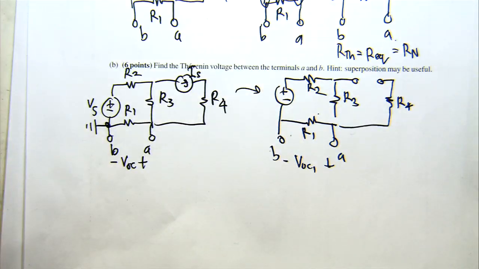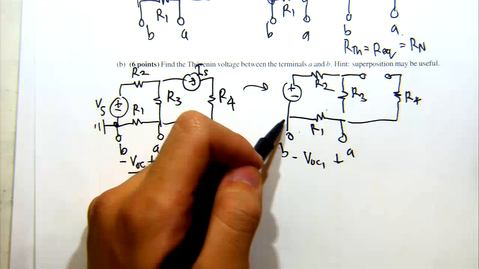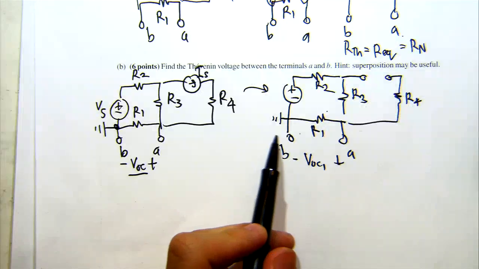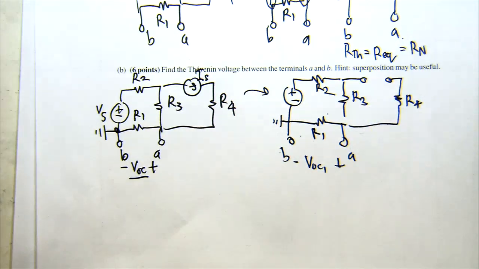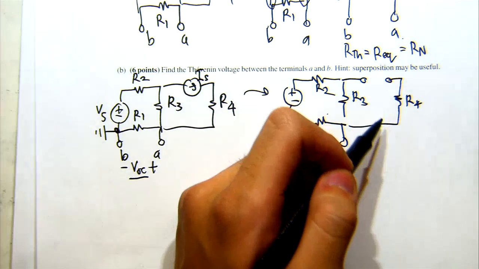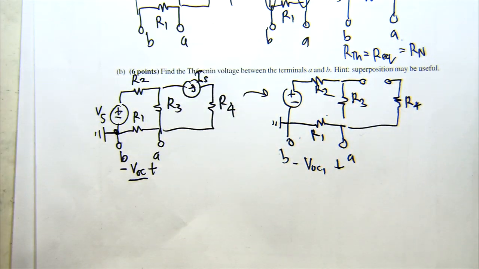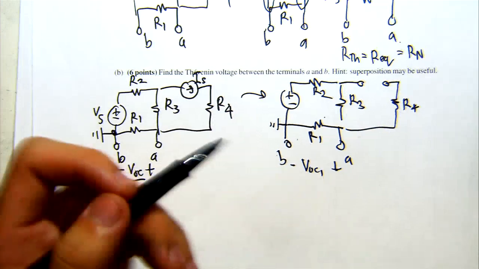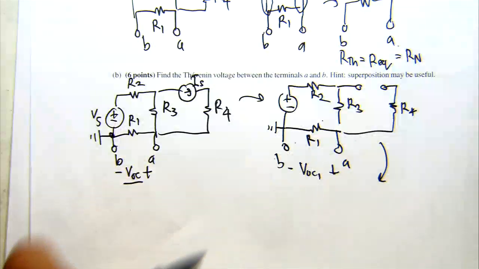This is in particular because this is not the same circuit as before. But this V open circuit 1, if I add it with the other V open circuit when I have the other source on, is going to give me back this original V open circuit. So from here, I'll reinstate my ground node. If I'm analyzing this, I can see that there's this open path again, just like before. I'm not going to expect to see any current go down this path, so I don't really have to think about how it will contribute to the circuit's behavior. So I'm going to redraw the circuit a bit to help me analyze it without having to think about R4.